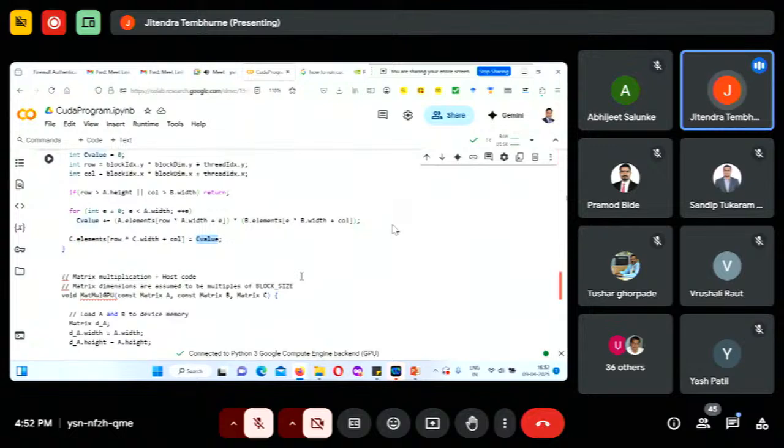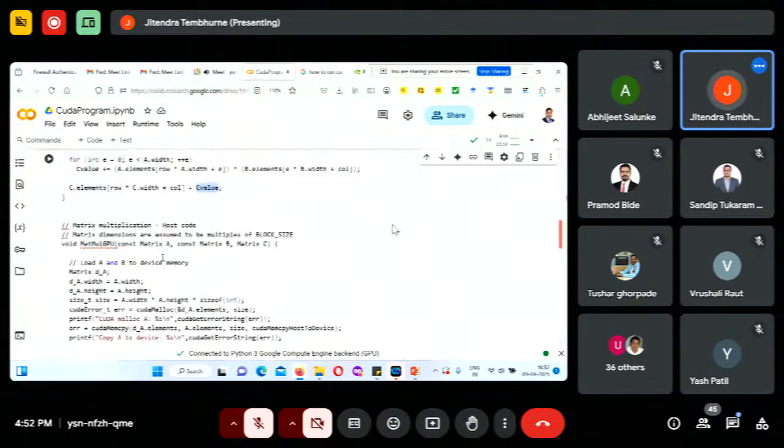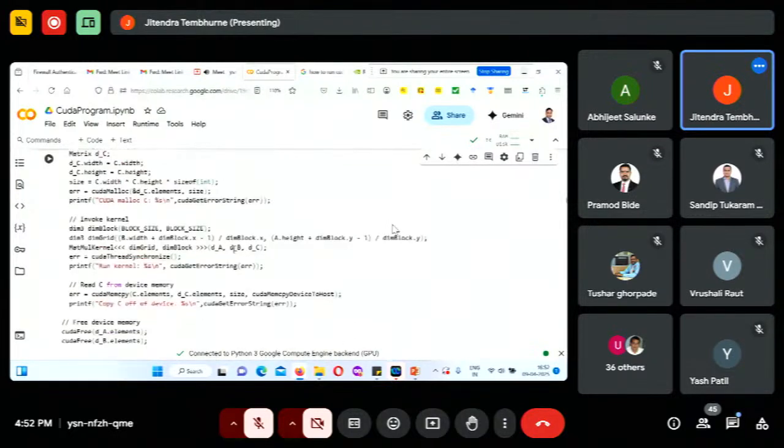Okay, and then other things are already known to you, right? So this is the kernel code, it is done. Now let's see where we are going to launch the kernel. See here, we are launching the kernel. To launch the kernel, we are using some inbuilt variable which is related